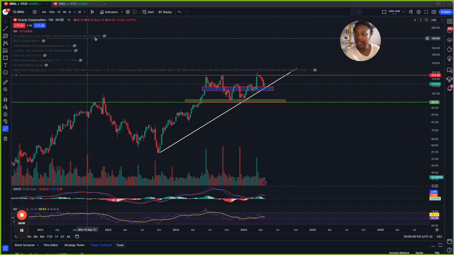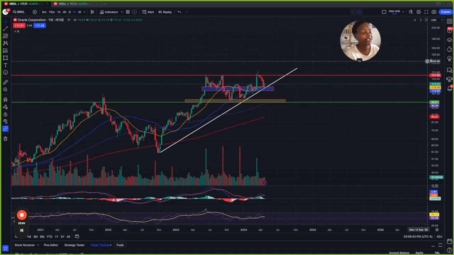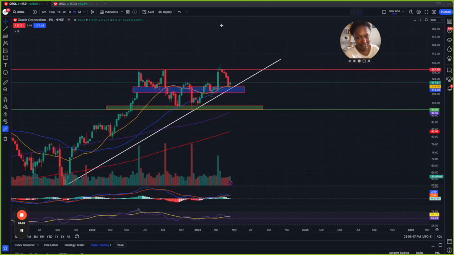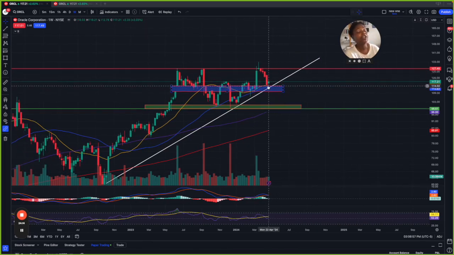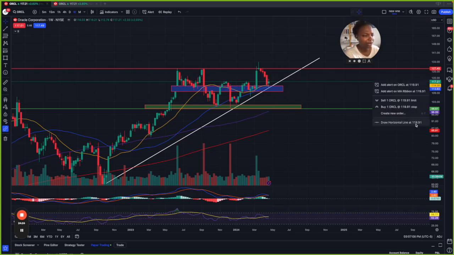Now we're going to move on and continue to check out these indicators. What I absolutely love, y'all know I love me some 20 and 50 EMA. We don't have a crossover. Last week we held the 20 and the 50 EMA in this gap on the trend line, and closed above it. I like this. I absolutely would really like this, and my eyes will be on it this week.